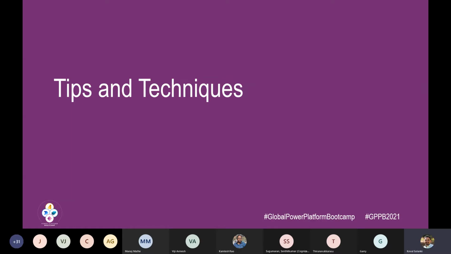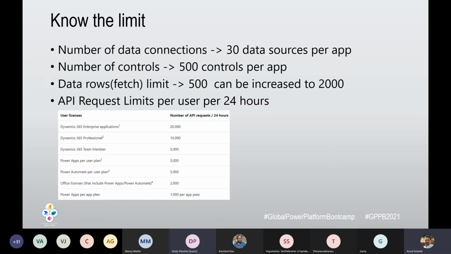Before that, I do have two questions if I can ask. Sure. Can you please scroll to the data row limit slide? So we are seeing that it is 2000. I think if my data requirement is above 2000, then Dataverse or Power Apps should not be the best solution or approach. Please correct me if I'm wrong here.